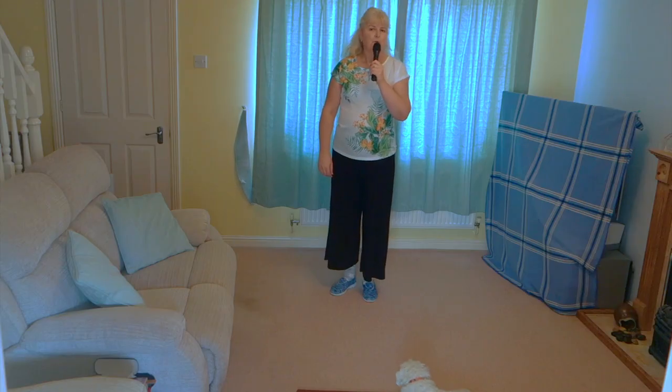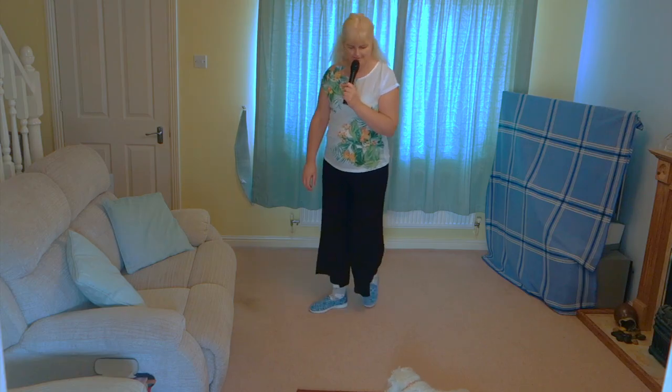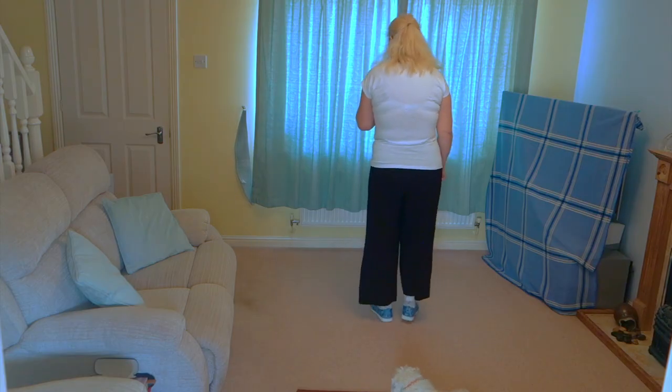This dance is called That Missing Piece. It's a 32 count, 2 wall, high improver level line dance with 2 tags and 1 restart. Starting on the right foot,